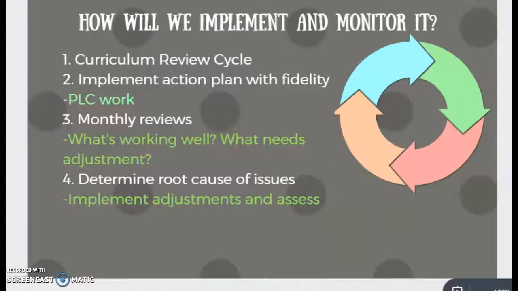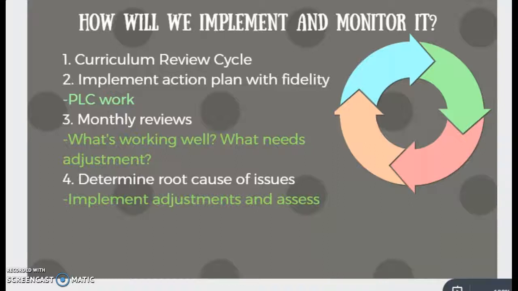And people have shared with us that it feels like something new all the time. It's a brand new curriculum and we haven't had a chance to fix our last curriculum. And so we are going to put on the calendar a curriculum review cycle, and that will allow us to carry out a curriculum, but then take the necessary and appropriate time to see what's working and what's not working. And that's part of the monitoring that's going to happen even in this first year of implementation.